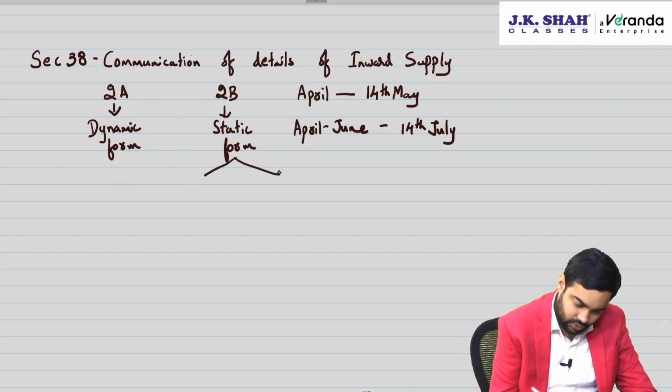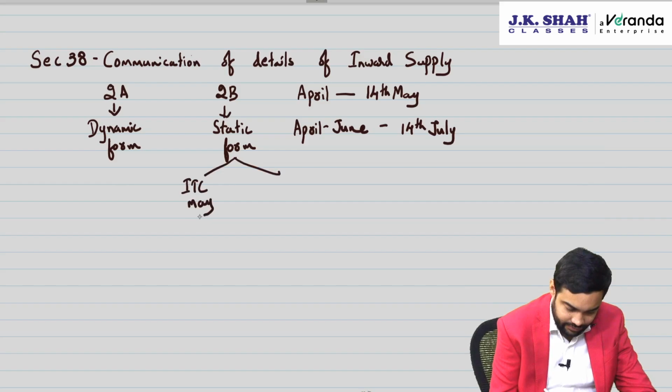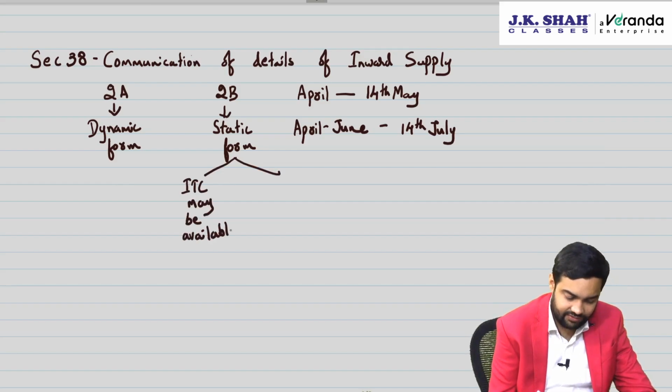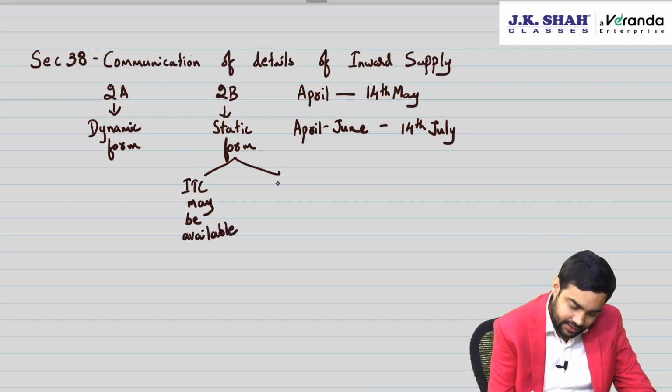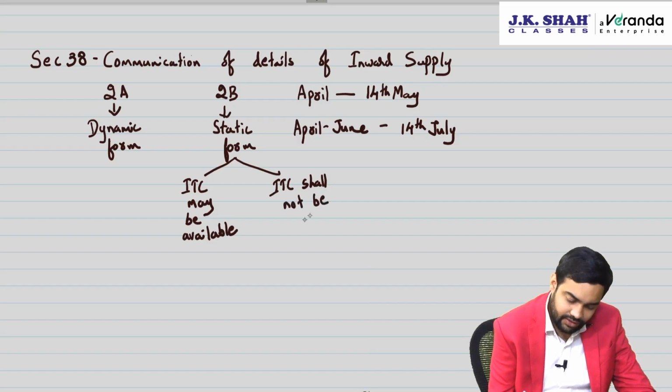2B has two parts. ITC which may be available, and out of this you have to check whether you have the invoice, whether you have received the goods or services, and see how much of ITC you can avail. Second one is ITC shall not be available. Now at present only one thing is coming in, ITC shall not be available, and that is C plus S